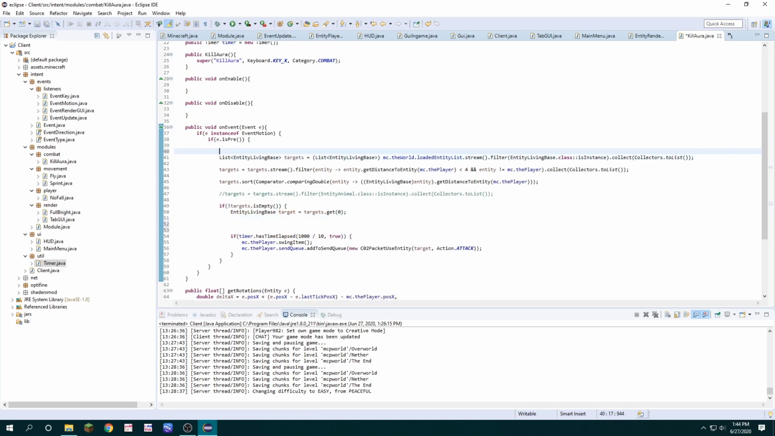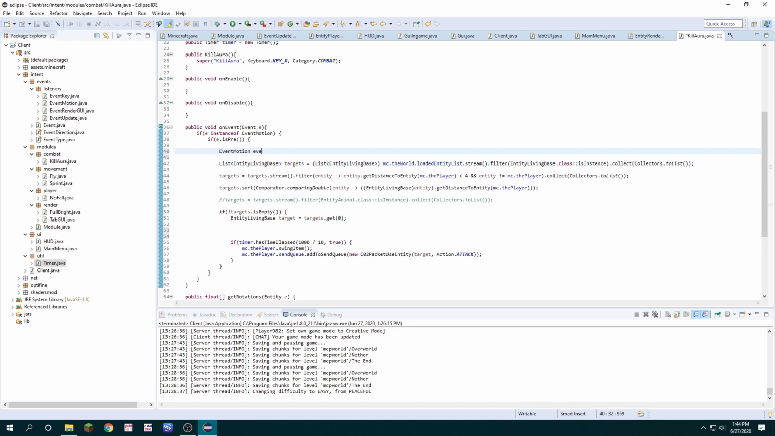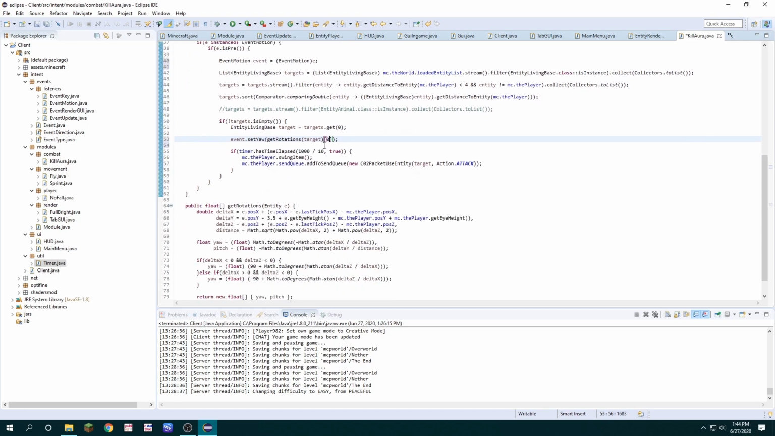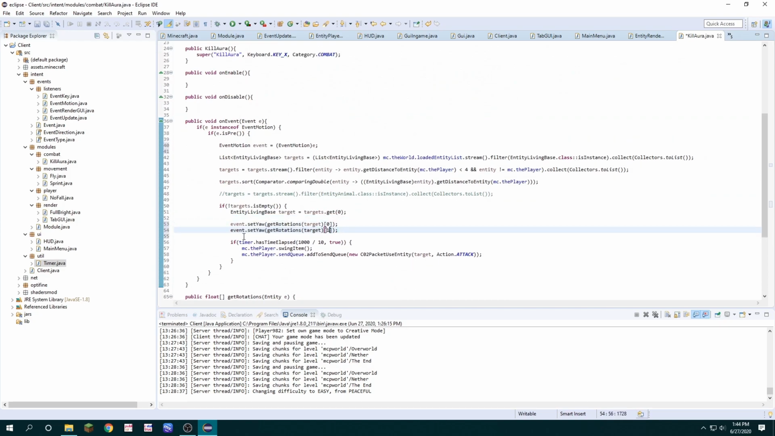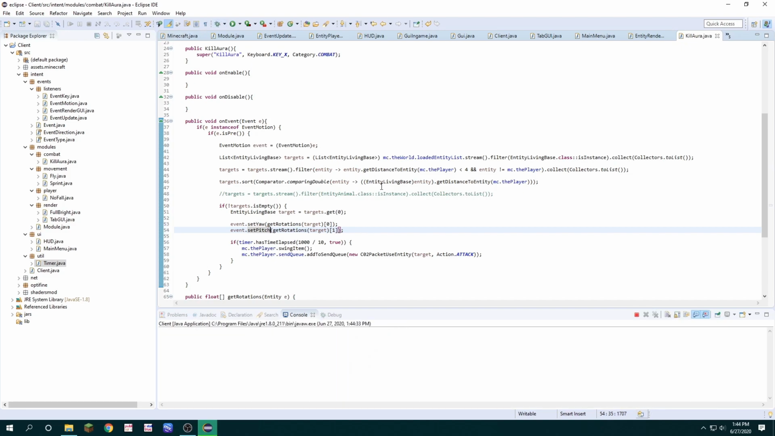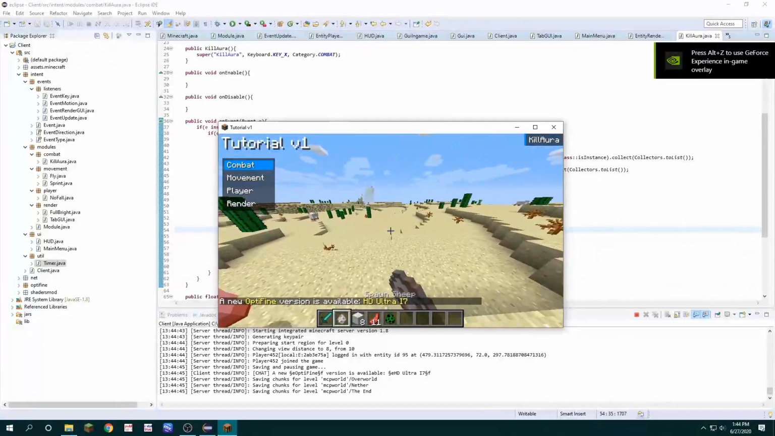we're going to create a new EventMotion, casting the existing event to an EventMotion like so. Then we can say event.setYaw equal to getRotations target, get the first one out of the array, so 0, which is yaw, and then do the same for pitch, but get the first, which is really the second index of the array. So now if I open the client server side,